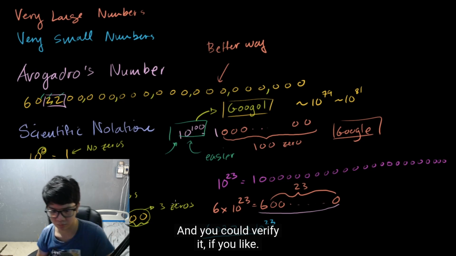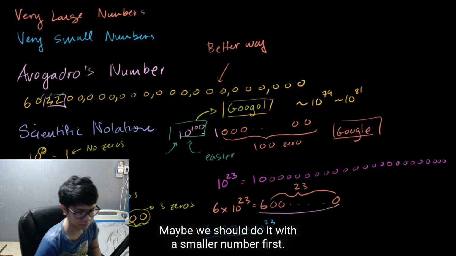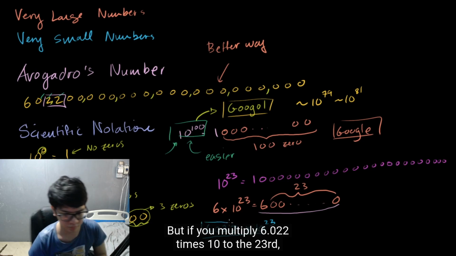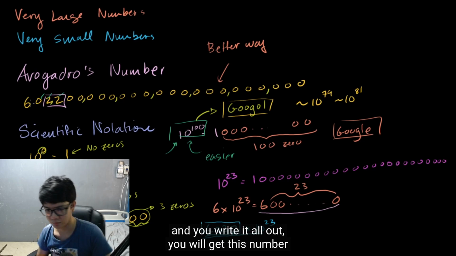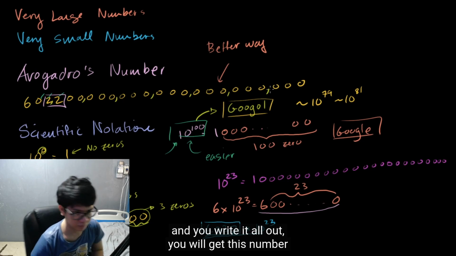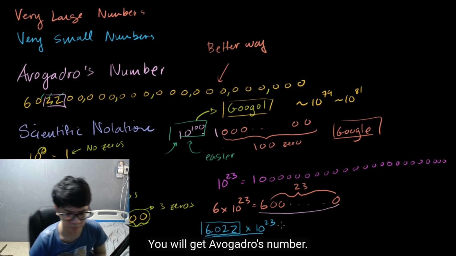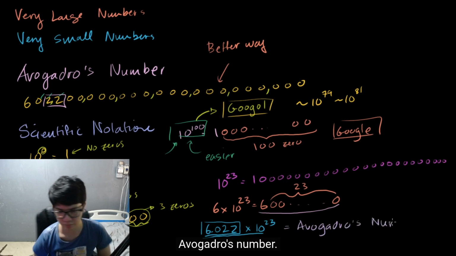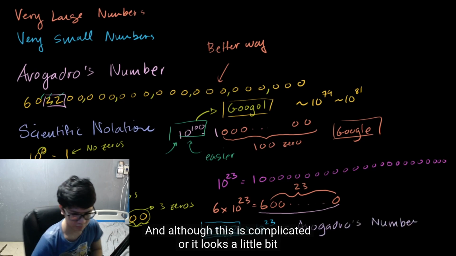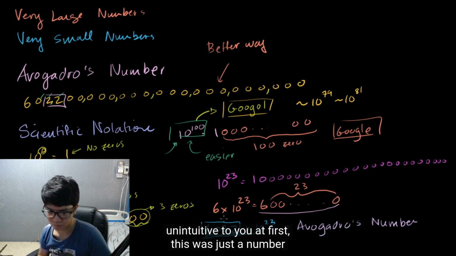And you could verify it if you like. It'll take you a long time. Maybe you should do the smaller number first. If you multiply 6.022 times 10 to the 23rd, and you write it all out, you will get this number right there. You will get Avogadro's number. And although this is complicated, or it looks a little bit unintuitive to you at first, this is just